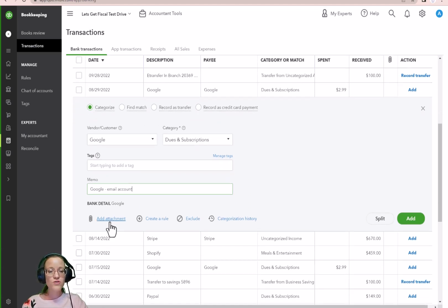And then you also have the ability to add an attachment. This is also not required, but I suggest that it is good practice to do that, especially for items that are out of the ordinary. So if you went out and you spent $10,000 on a piece of equipment, maybe having the attachment there would be helpful. Again, next year or maybe a few years down the road, just in case. When I'm done, I can click the add button